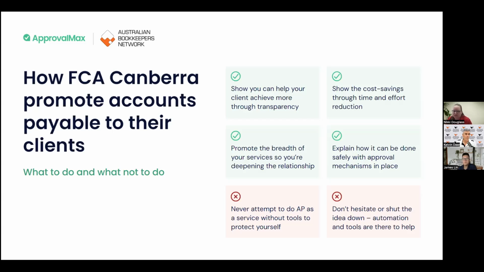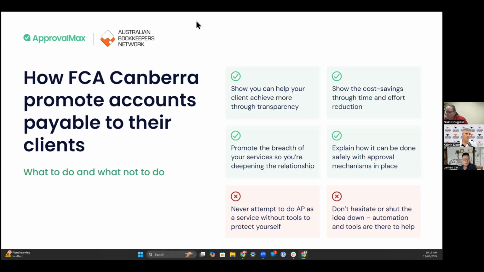To be honest, I might get your comment, Nikki, rather, on something Susie's just put into chat, where she says it's a big issue for her when she's doing a cleanup job. Obviously we hear this a lot from members where they come in, they do the cleanup, and she's saying that she normally finds that the accounts payable is in a real mess. The system is used to spend money rather than paying off the actual creditor itself, and therefore it's created a big problem, no double entry bookkeeping. I just wouldn't mind getting your thoughts on that comment. I agree wholeheartedly.